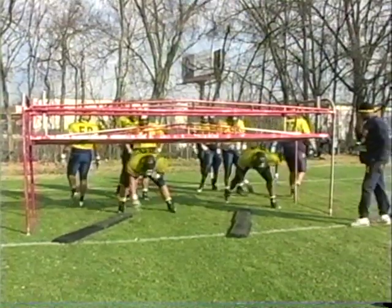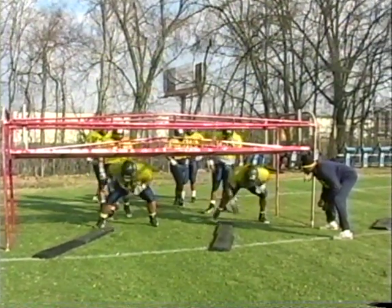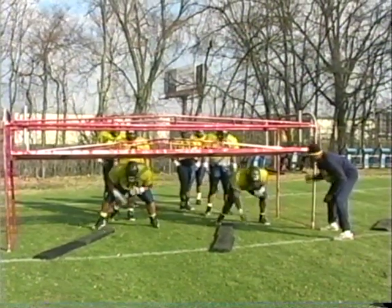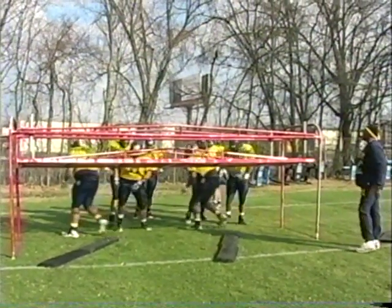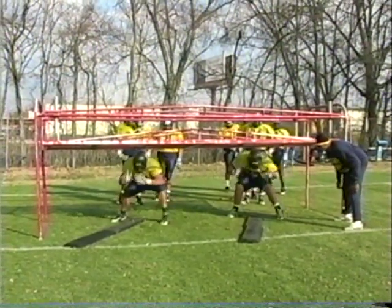All right, our first step, we want to gain ground with that first step. As you can tell, these guys are doing a good job with that first 6-inch step. They want to gain ground. And now the next phase we'll go to is